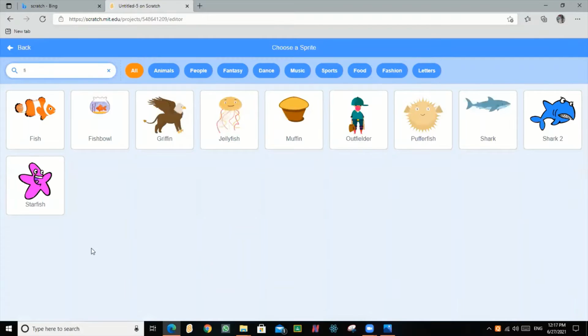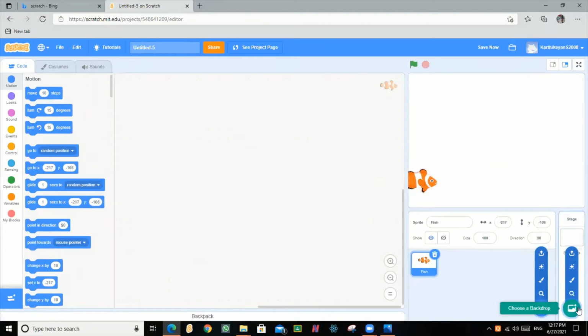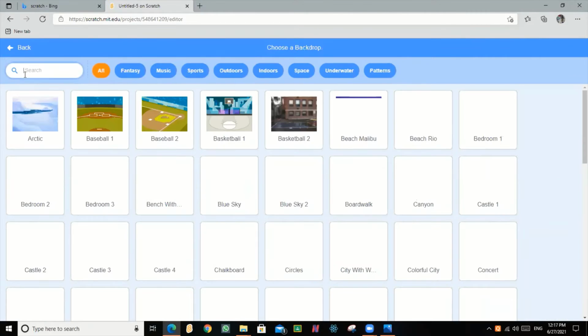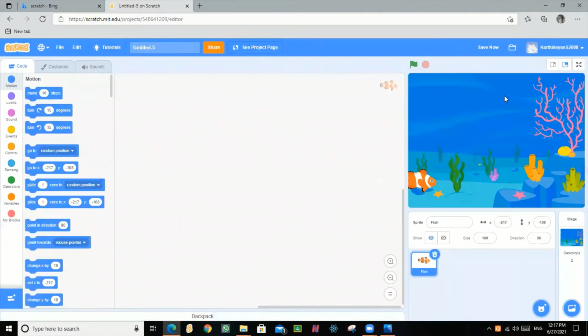So I am clicking this fish. Okay, now I am going to add a backdrop to this. The backdrop is underwater, so I am going to have this underwater here.